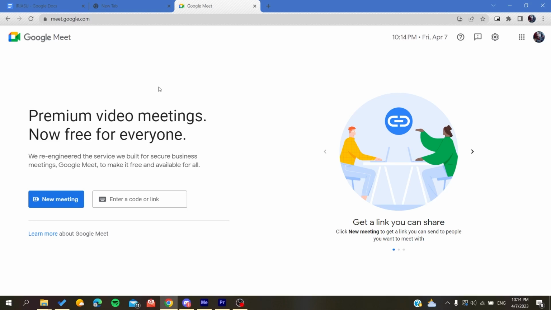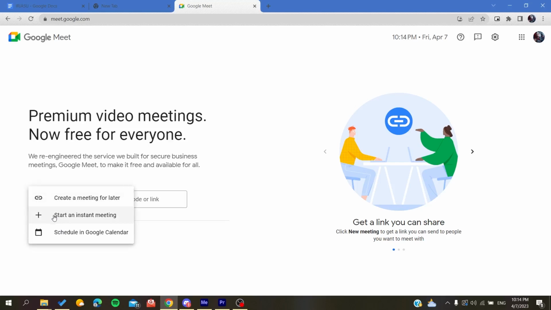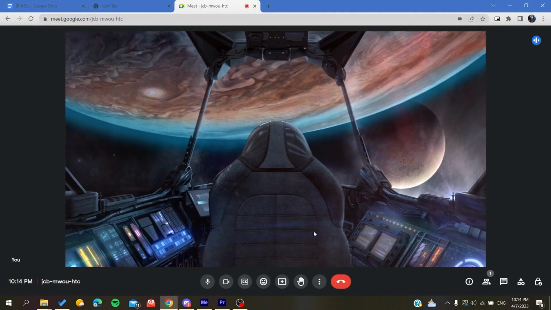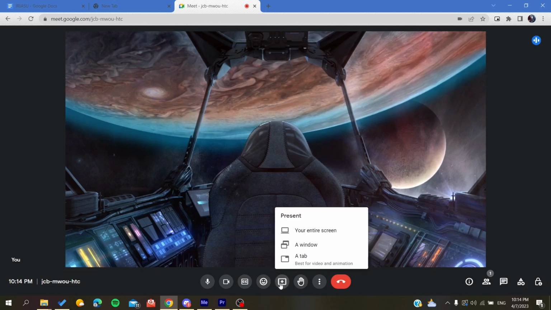So the first step to take is to join a meeting or create one. Basically here I'm just going to create an instant meeting for this example. So I'm going to click on this button, click on start an instant meeting, and the meeting will be created automatically. So basically this is the meeting's view,